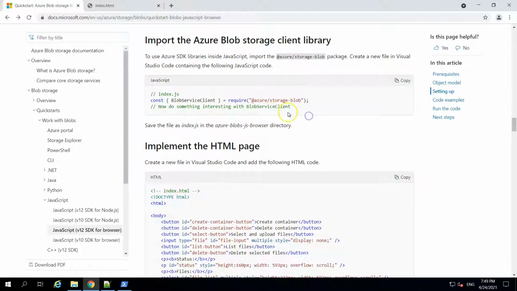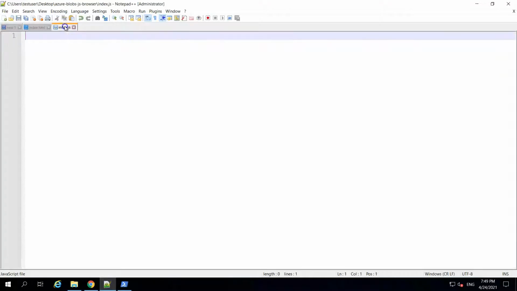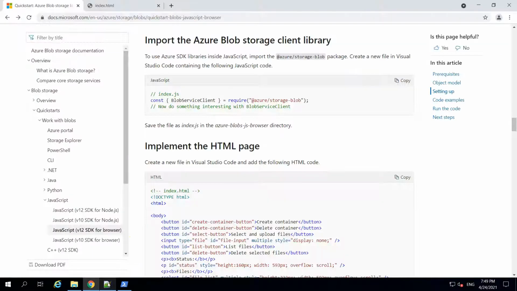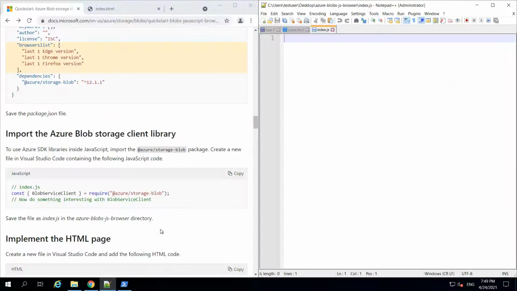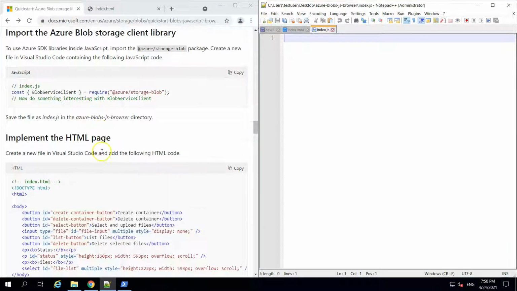Alright, so we will do copy paste of code from this document. I will explain what we are doing on the high level, but if you need more help, you can always read this document and understand. To use Azure SDK libraries inside JavaScript, first of all, we need to import this package.